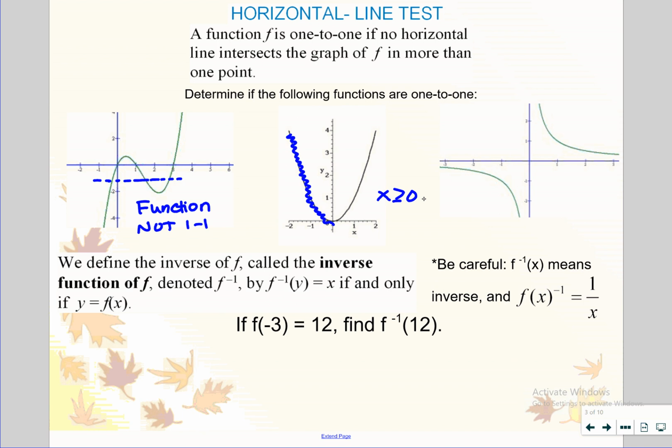Yes. Does it pass the horizontal line test? Yes. So this is an example of a one-to-one function if we're looking at the graph. Okay? All right, so now let's say we know something is a one-to-one function and we want to be able